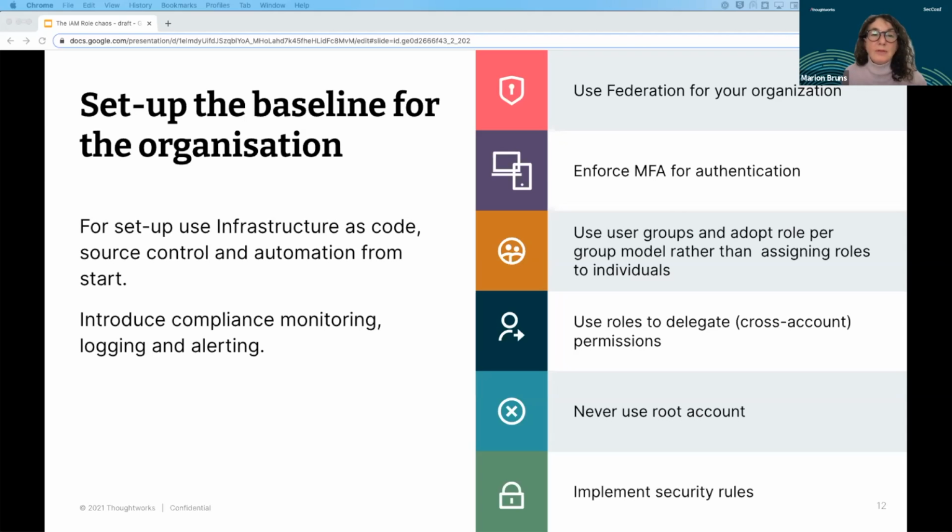And of course, you need also alerting. And all tools provide logging capabilities. In AWS, it is CloudTrail, and you can switch it on in every region you want to run your services in.